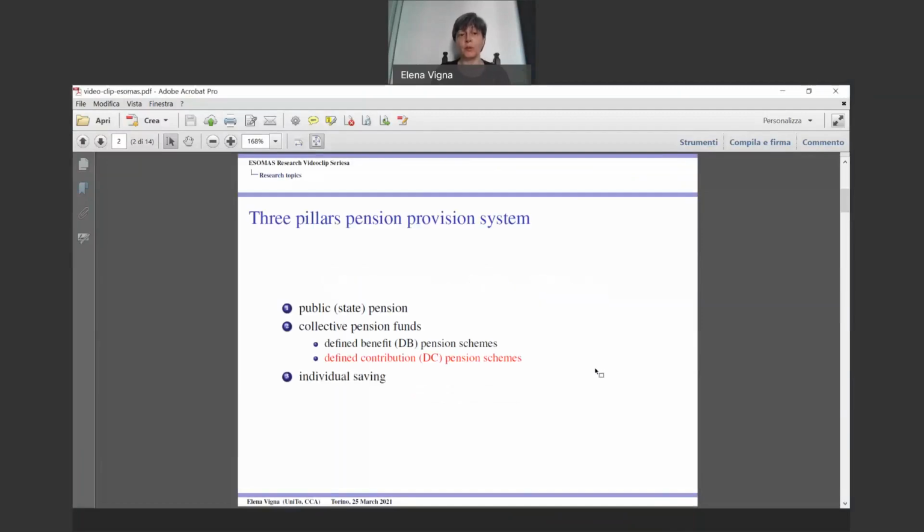As you probably know, every pension provision system is made by three different pillars: the state pension, the pension from the pension funds, and then individual saving. I focus my research on pension funds. There are two different types of pension funds: defined benefit and defined contribution, and my research is on defined contribution